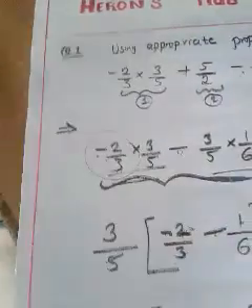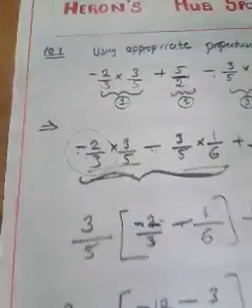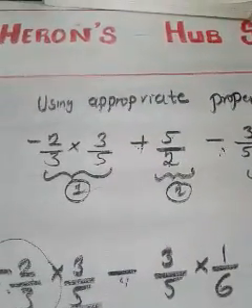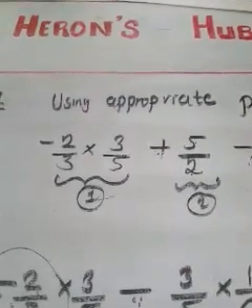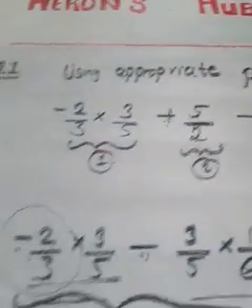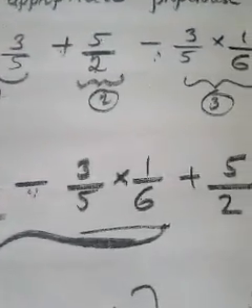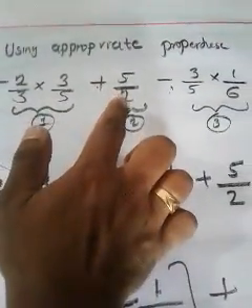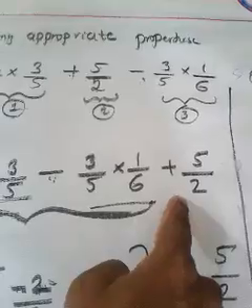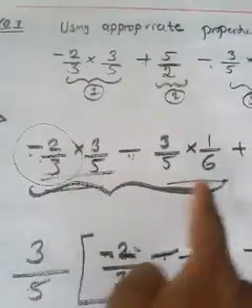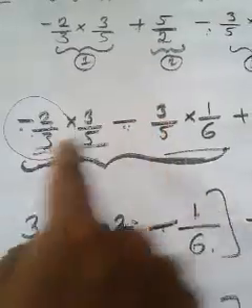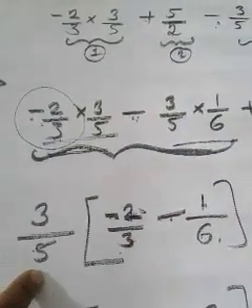So let me explain this question once again. That's my duty, to explain again and again, so I will do that duty. In the question 3 terms were there. So what I am going to do is write the first term and third term together, and the second term I write at last. What is the reason for writing these two terms together? Can you tell me that? Yes, because 3 by 5 is common in both terms. That's why I wrote those two terms together.